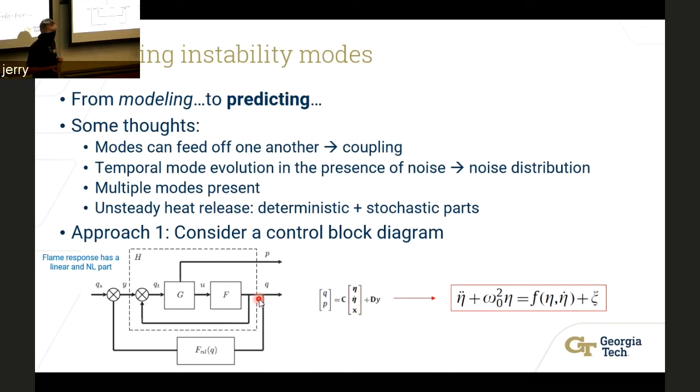You can't just have an input and then consider the output. You need to consider the output and feed it back in so you can keep adjusting your model. You then have G, or really I should refer to this all as H, which is our acoustic dynamic system. And that's composed of G, which is really going to be modeling the effect of the passive acoustic dynamics. And then you have F, which is the acoustic dynamics from the flame.